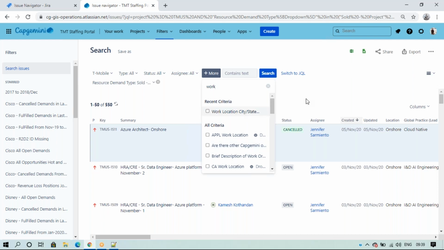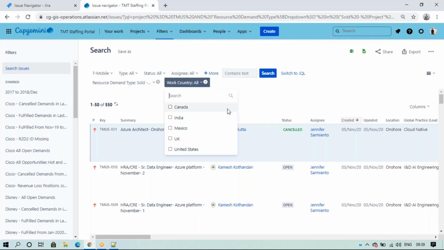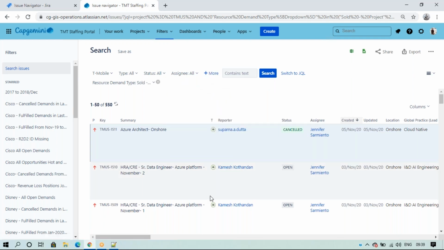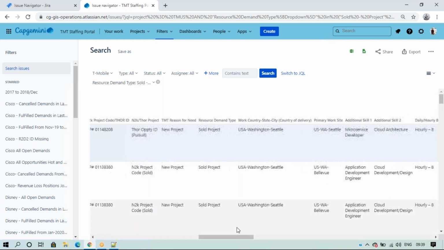It will not come. This is not the field. Primary work set and selected.